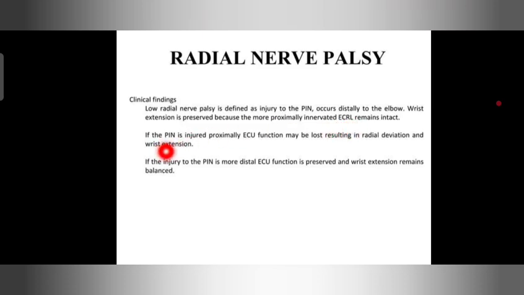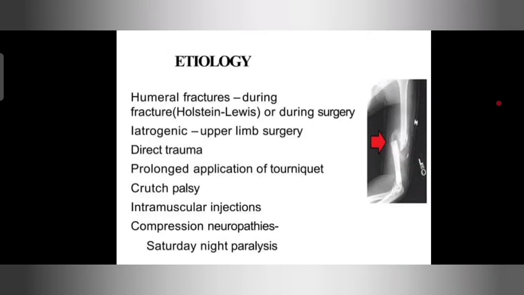And if the posterior interosseous nerve is injured proximally, extensor carpi ulnaris function may be lost, resulting in radial deviation on wrist extension. And if the injury to the PIN is distal to extensor carpi ulnaris, its function is preserved and wrist extension remains balanced. Next, the causes of radial nerve injury are humerus fracture, direct trauma, prolonged application of tourniquet, crutch palsy, intramuscular injection,